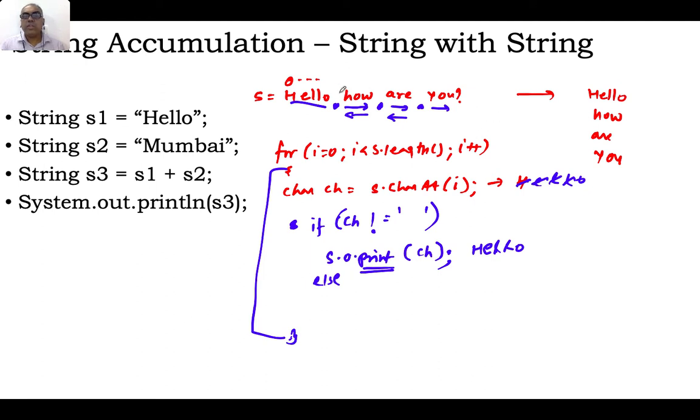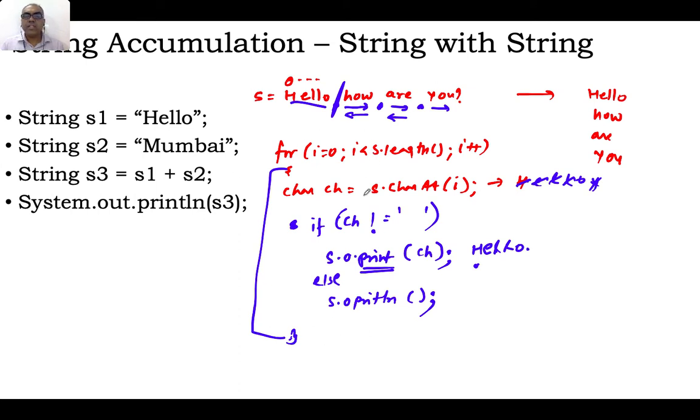Now what we read is a space character. Space not equal to space is a false statement. The last pointer, which was here, I need to bring over here, otherwise all other characters will start joining. So space not equal to space is false. When I come here, I'll just say System.out.println with nothing. It means the computer prints nothing here, but the pointer will shift from there to here,